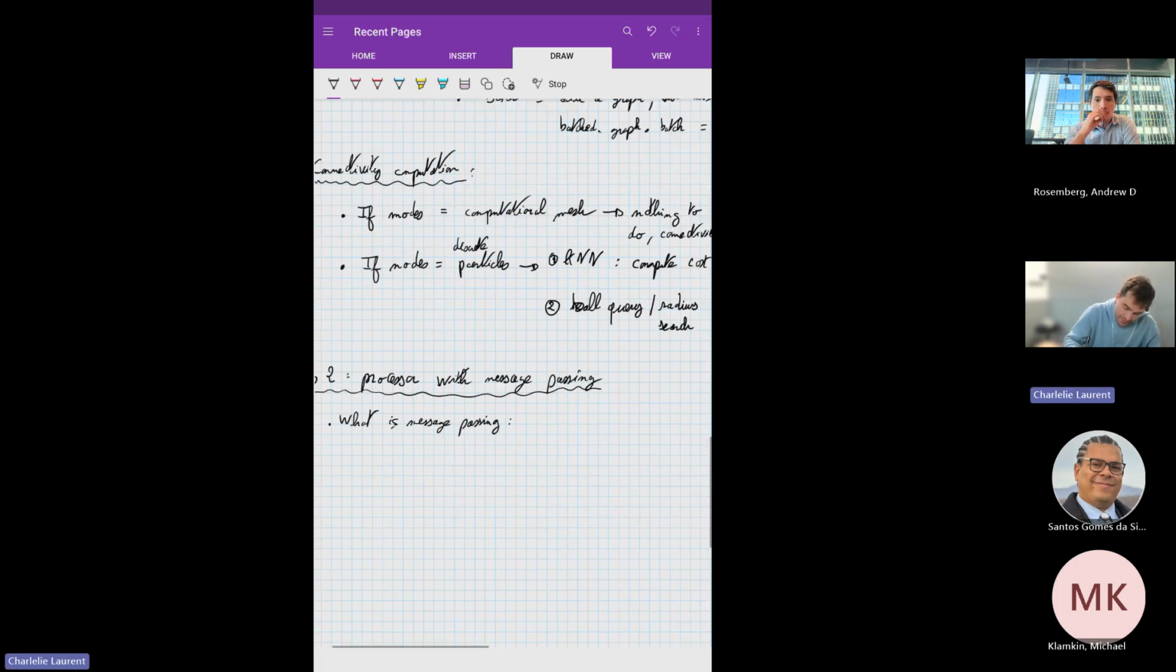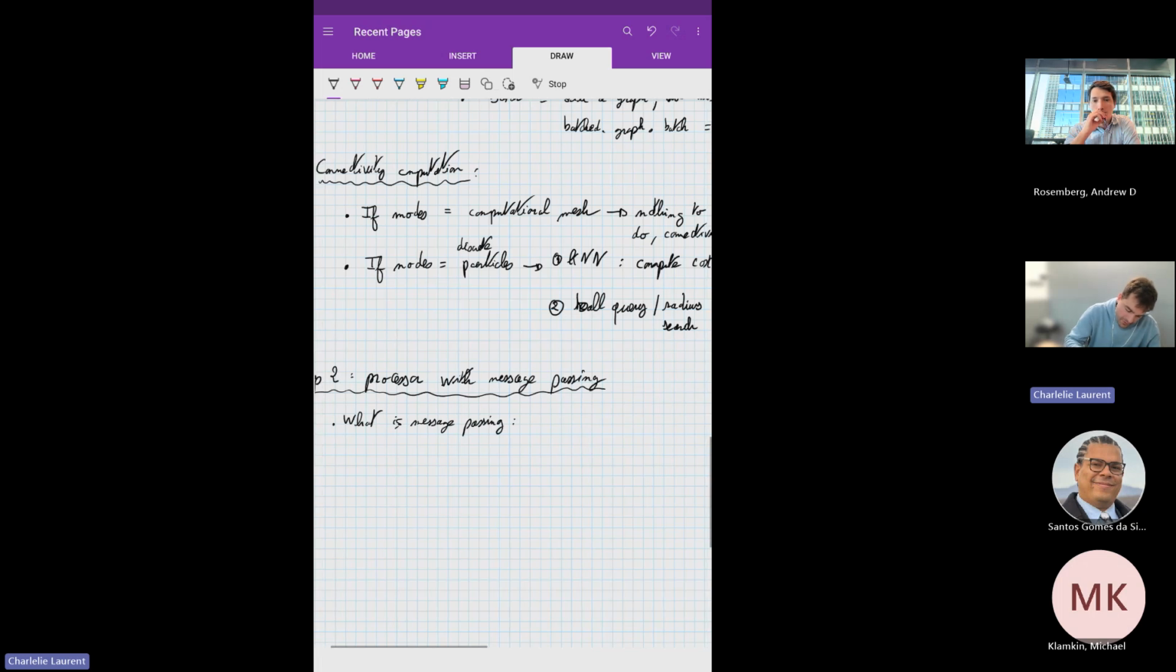So there are three operations in message passing. The first one is message computation. So for the message computation,